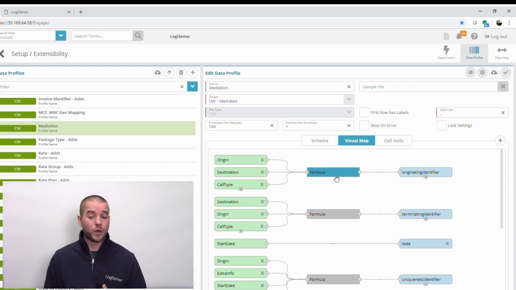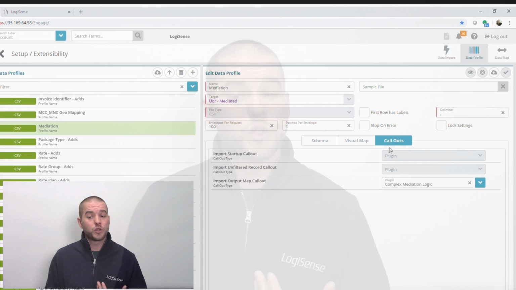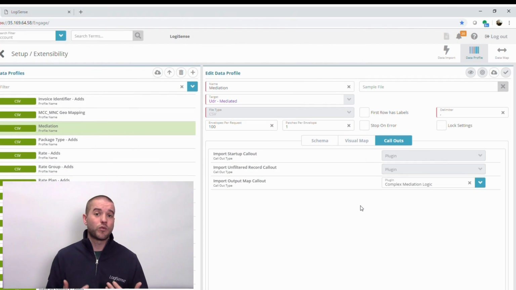Now, one of the questions that we get all the time is, what if you don't have a formula for being able to do some kind of advanced logic that I need? Maybe you need to call out and do something in a lookup table. Maybe there's a certain identifier on here that means that something's tax exempt. Maybe there's a scenario where I need to obfuscate or mask a number inside of the system. For those scenarios, we also have our callouts. We can run different sets of JavaScript code at different points of mediating that file to run logic on that feed and make any kind of determination that we need to. So we've got different plugins that we can create to do some complex types of decision making